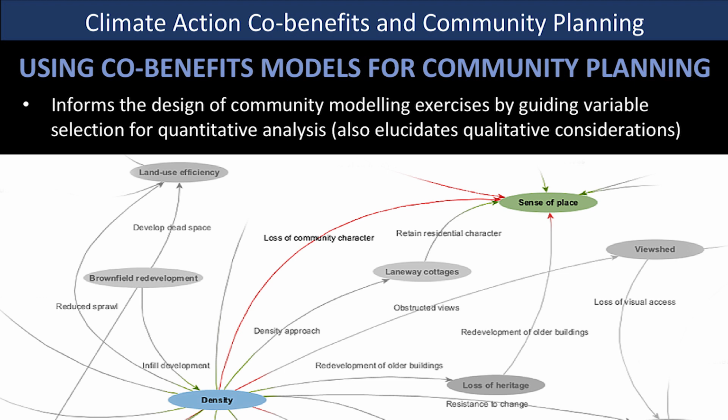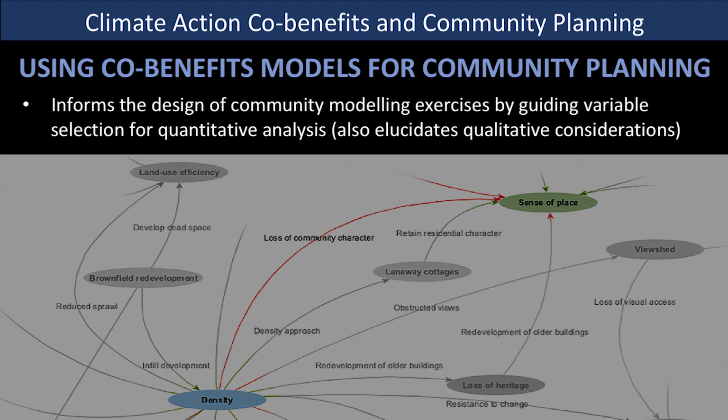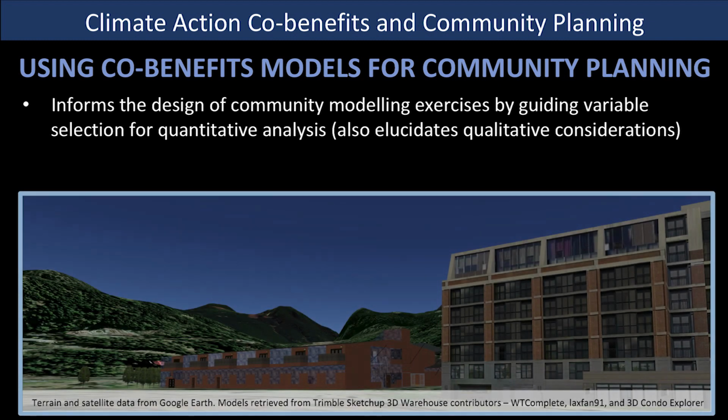So you can go back to that model and think about it. This might be a challenge. Also, you can think about other tools that you can use to assess this. And this is why I have this 3D visualization up there saying, this might be a challenge. This is great for walkability and greenhouse gas reduction, but sense of place, this might be a challenge. So let's use another tool like a visualization to see if we can assess that better.